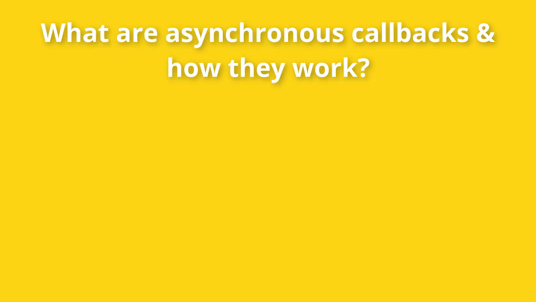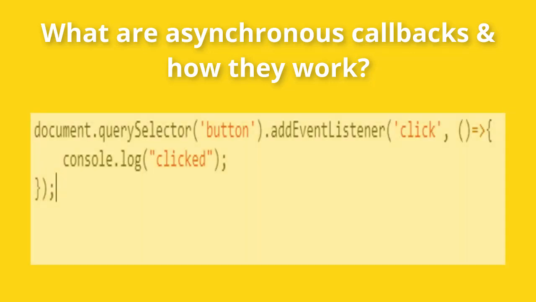One example of asynchronous programming in JavaScript would be the use of addEventListener, which is part of the web API in the browser. In this example, a callback function has been specified as a second argument to be called whenever the event is fired. So when the button gets clicked, the callback function is going to be called, and therefore the message